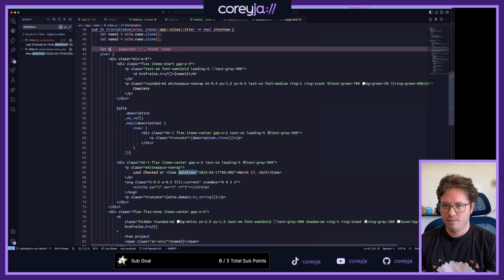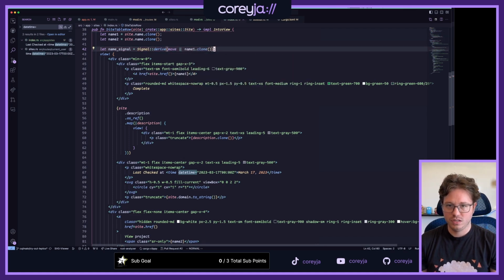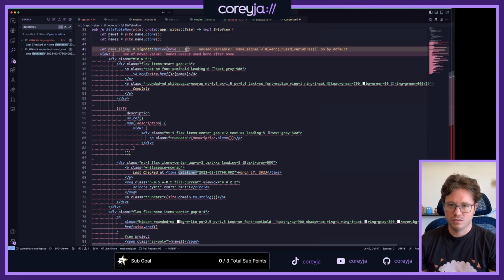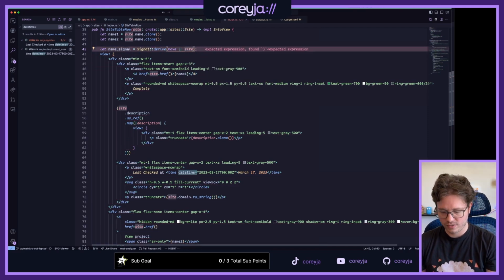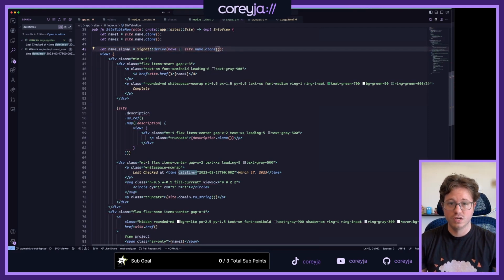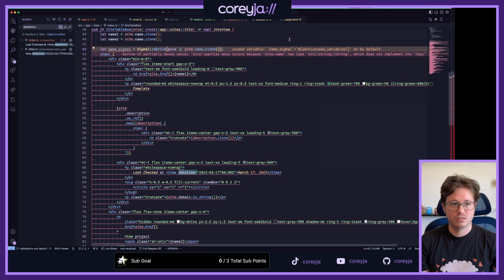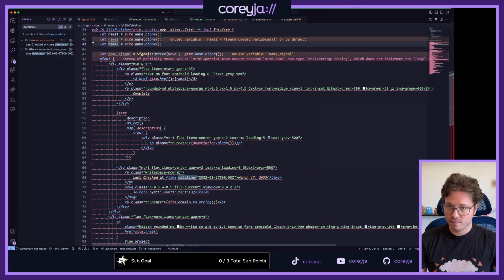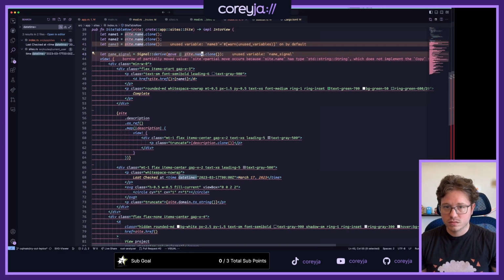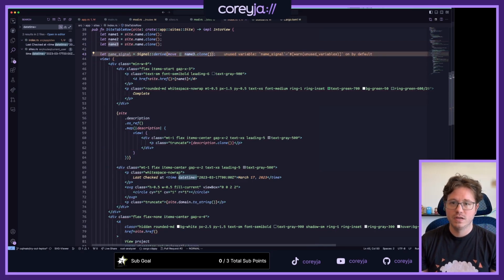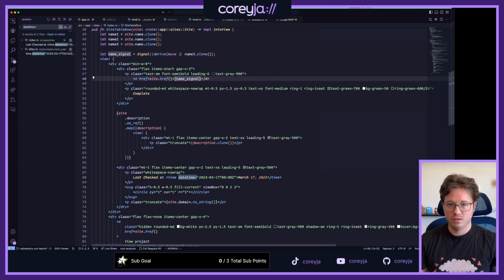Let name signal equals signal derive from moving site.name.clone. That's not gonna work. There's no way this works because I can't move it into a signal. Yep. Name3. And then could I do name signal?